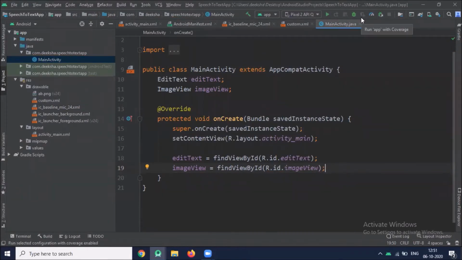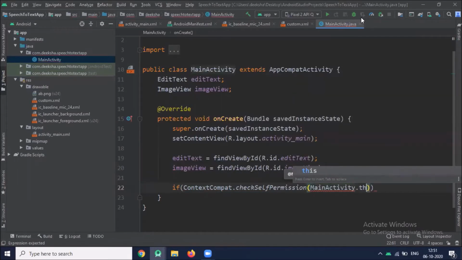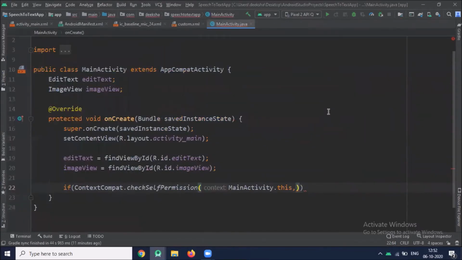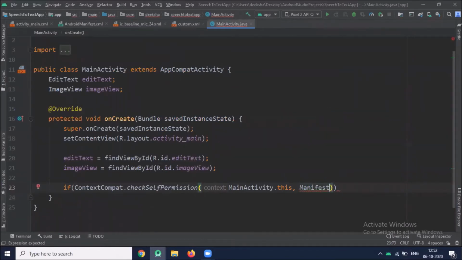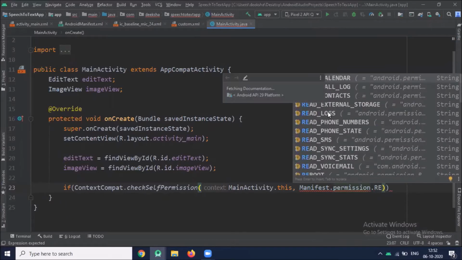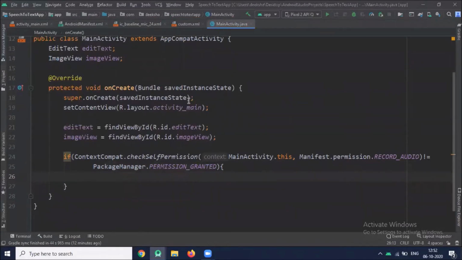First of all, we check for the permission. So here we write the condition for permission granted.